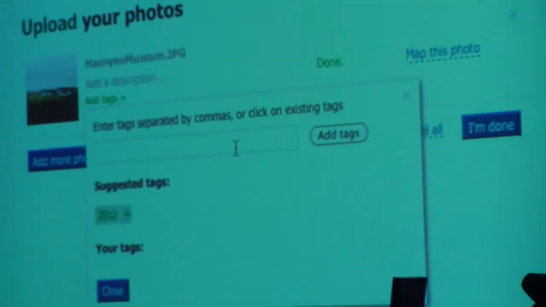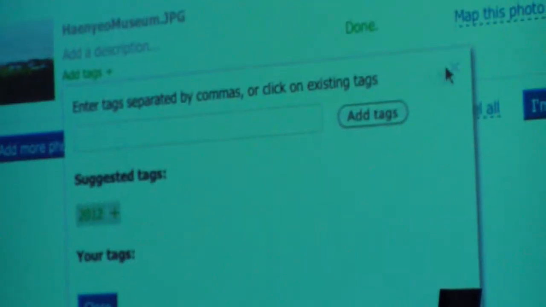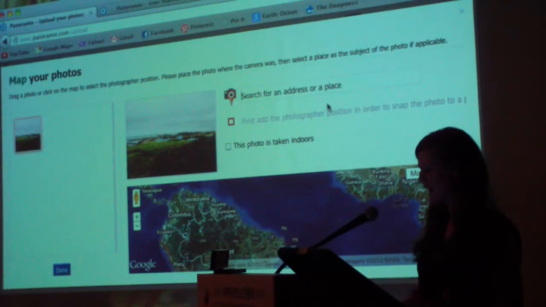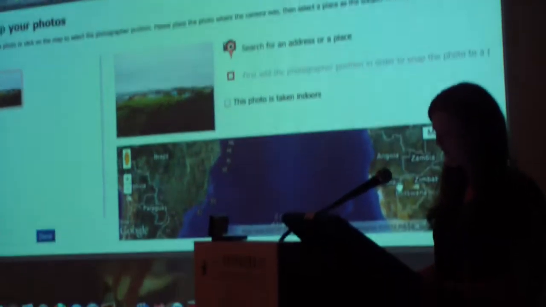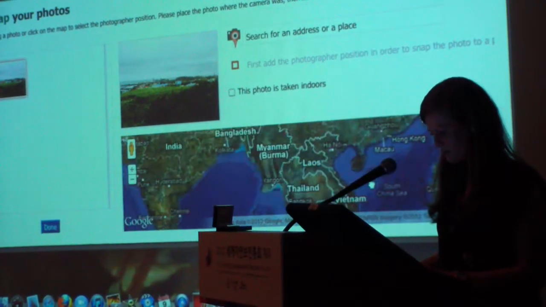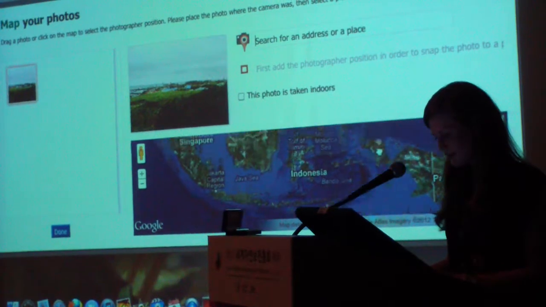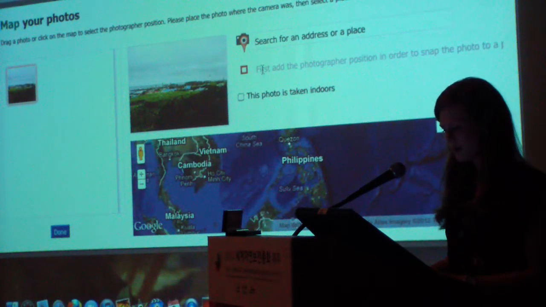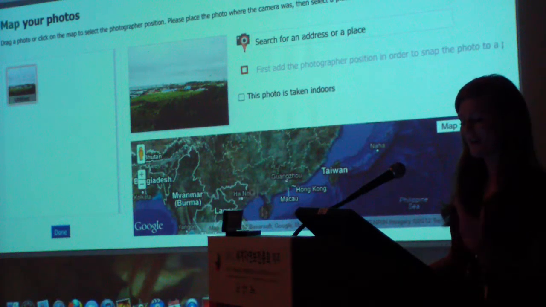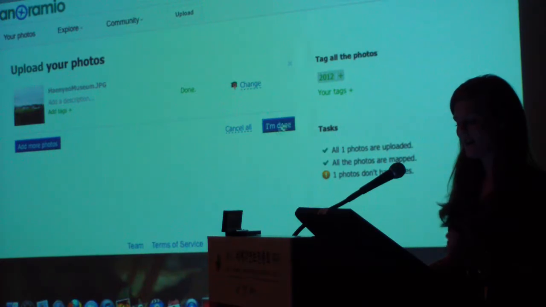Sometimes tags allow you to search. It asks for searchability, which makes it easy for you. And then map this photo. You can either enter an address or a place, but since I do not have a keyboard, I'm just going to use a little mouse to scroll over to the place. What I basically am trying to show you is you can take it and just drag it right wherever your place is, and then press done, and it will be